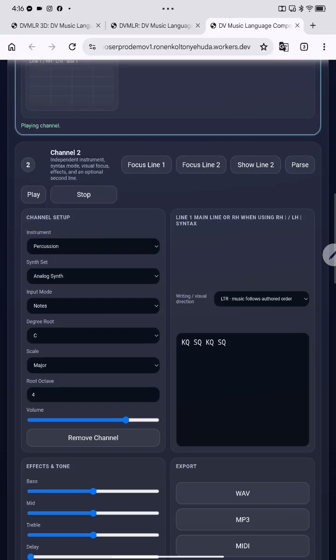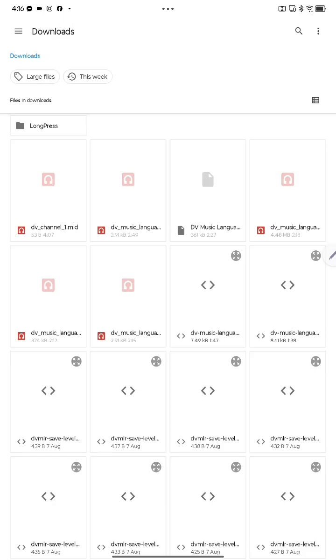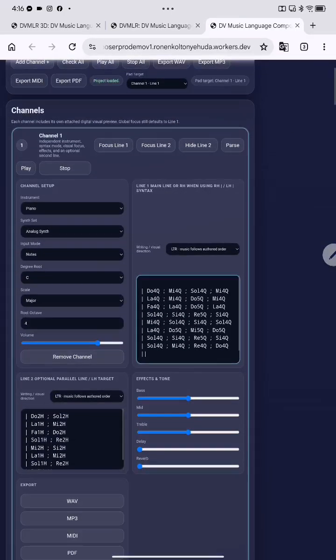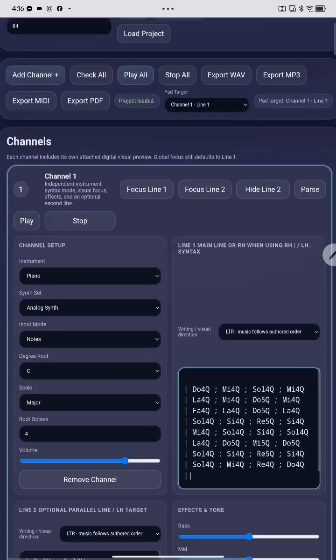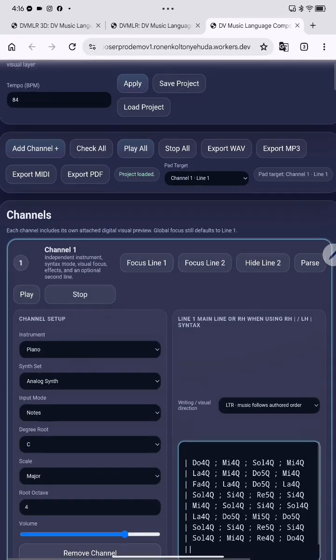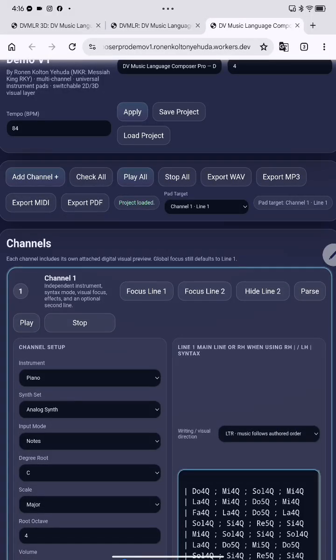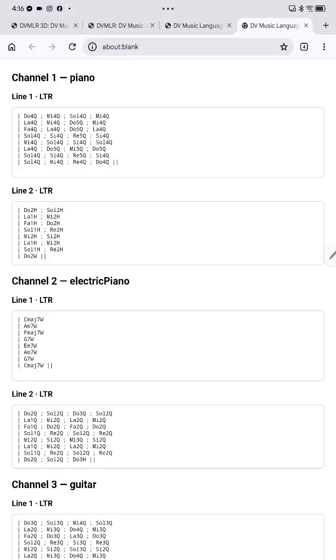So I will do for us also a demonstration of something that I will load for us, a file. And in this file we have also channels, examples. So here, for example, channel 1, it's piano. Here I could export all of it to PDF, and then we could see the notations in PDF. So you see channel 1,